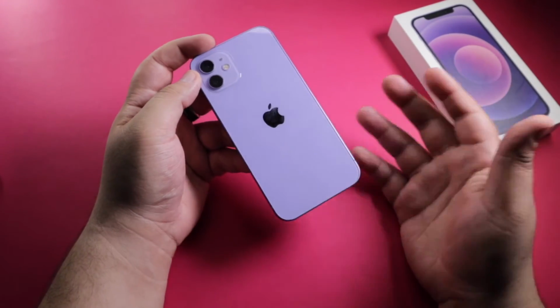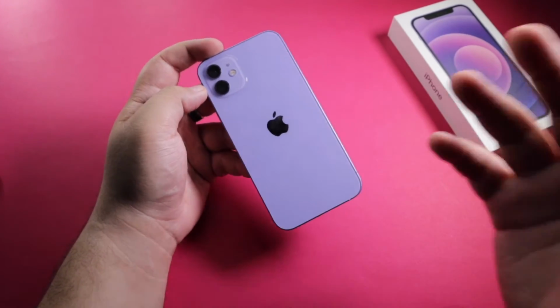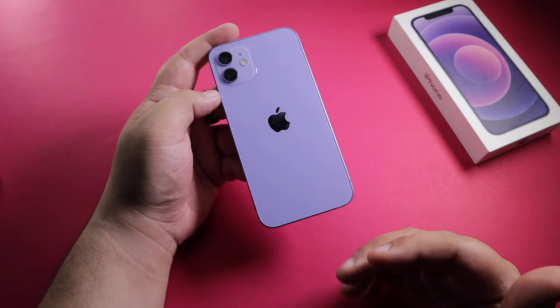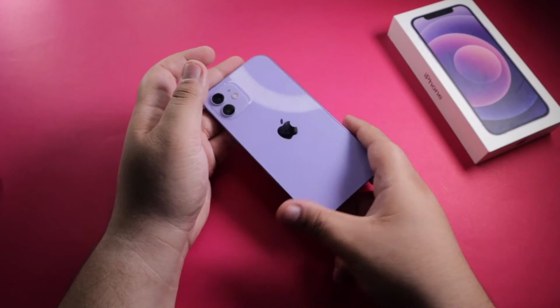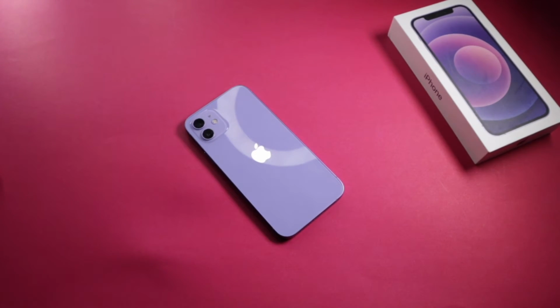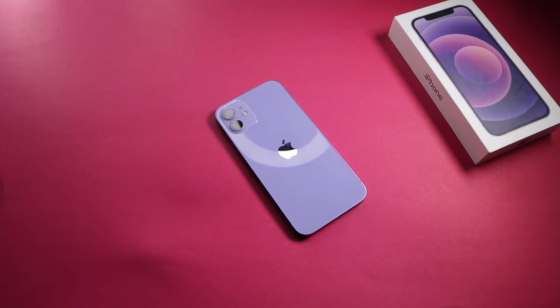Now, let's get into the theory of why purple was the choice of color for this year. First of all, the iPhone purple was not announced with this year's iPhone launch. Last year with the launch of the iPhone 11, purple was a choice of color. This year, purple was left out. Now, maybe Apple felt the need to reintroduce the purple color to fix their OCD, or the second, more credible